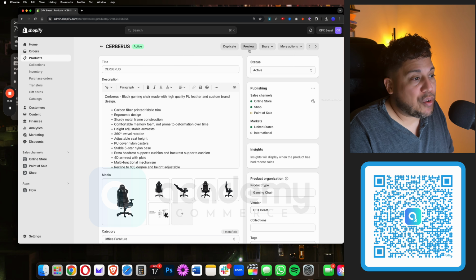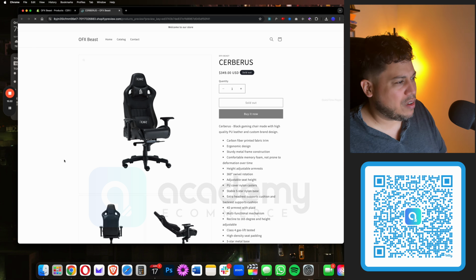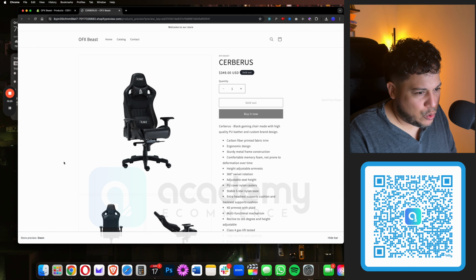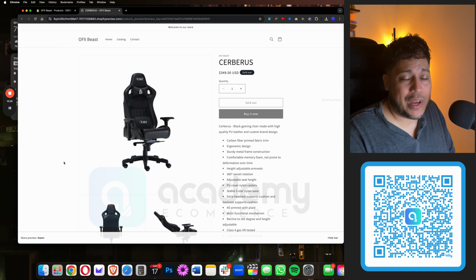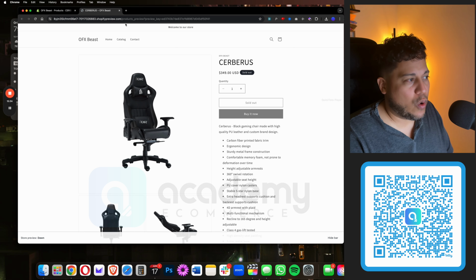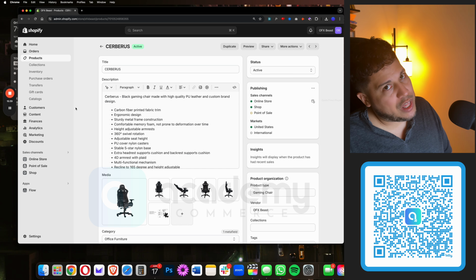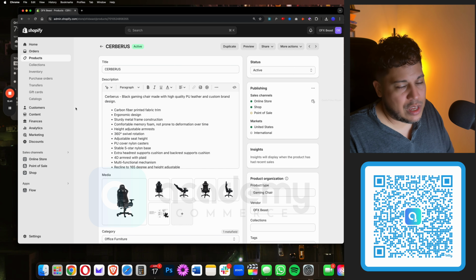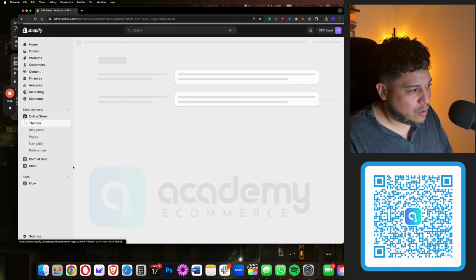If you want to preview, once you're done with all this product settings, you want to preview how it looks in the store, you can press the preview button. And as of right now, we're using the Dawn theme, and it looks very basic, right? So depending on what theme you have published is when this changes. What am I saying again, guys? If you have the Dawn theme and you're experimenting with another theme, the new theme is not going to show until you publish it. So whatever theme that comes out over here